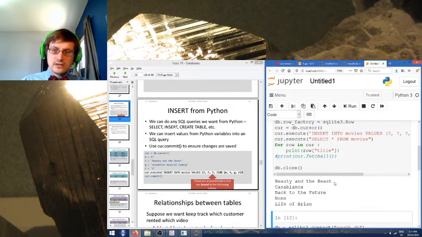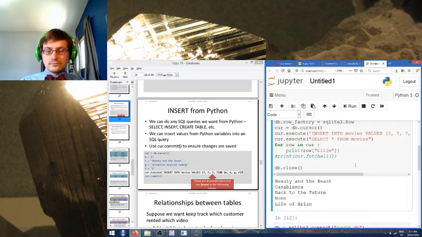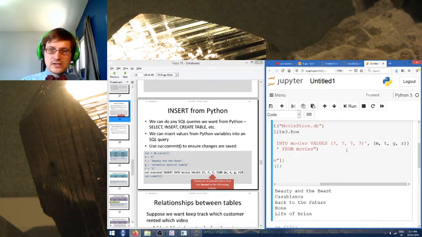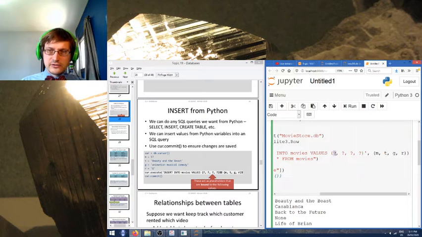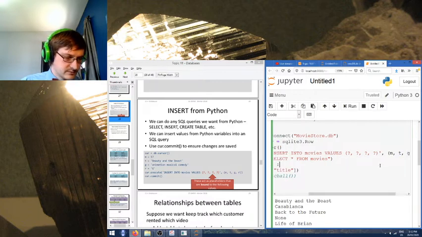You can see that Beauty and the Beast has been added to the list of things that are in the database. What it does is these question marks are also acting as placeholders. They're kind of similar to wildcard values, but they are being bound to the values contained in this tuple. So when execute executes, it looks for the question mark character and populates those spaces with the string conversions of all of these things that have been given to it in the second argument,